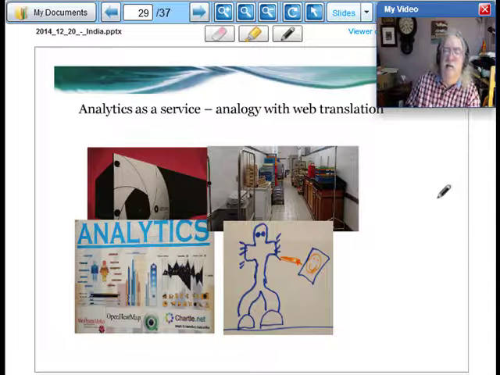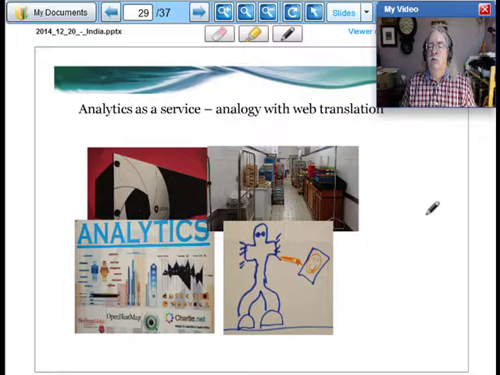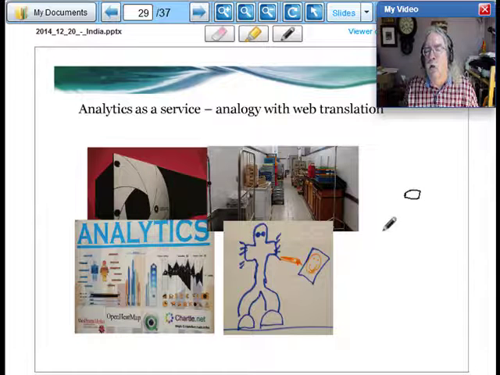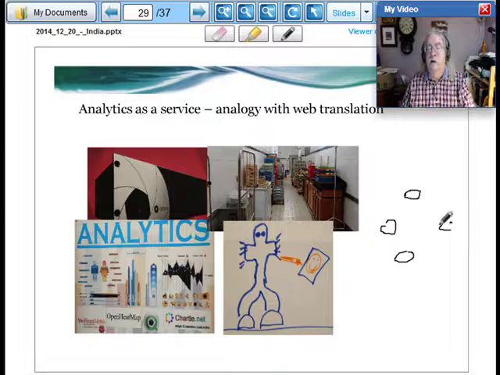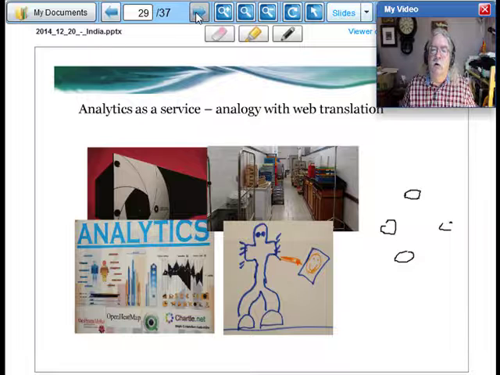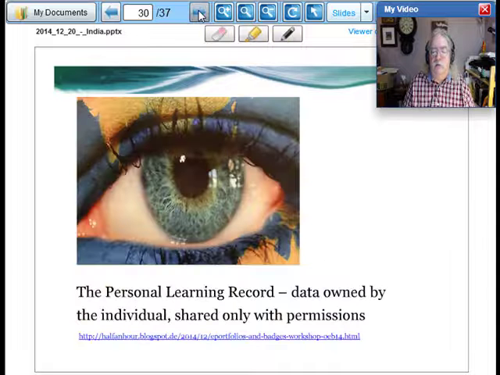Analytics in our system acts as a service. We do analytics differently. We don't take everybody's data and put it into one big database the way Facebook does or Google does. Remember, each person has their own individual LPSS. And so what we have to do with analytics is connect to each of these individually and obtain whatever data these individual people are willing to share. Personal privacy and security of data is essential to learning and performance support systems.